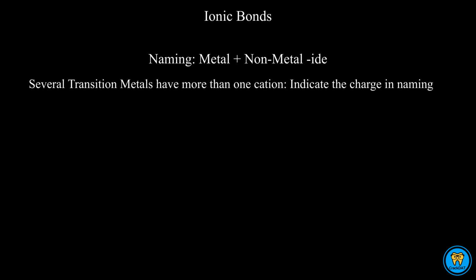Recall, positive ions are called cations, and negative ions are called anions. We name the metal plus nonmetal and add the suffix "ide." When there are two or more cations for the same element, which is the case with transition metals, remember to use the charge of the metal in the naming. For example, iron 2